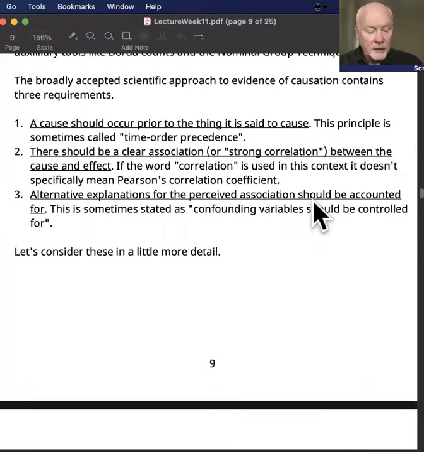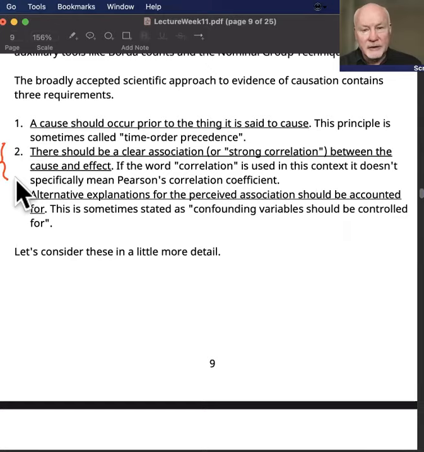So we've been looking at the conditions or the requirements for using evidence to establish causation. We first looked at time order precedence, and what we saw there was that sometimes it's very straightforward to determine whether or not a cause becomes effect before an effect. In other situations, it's not so clear. And then we've just started to look at this question of association,